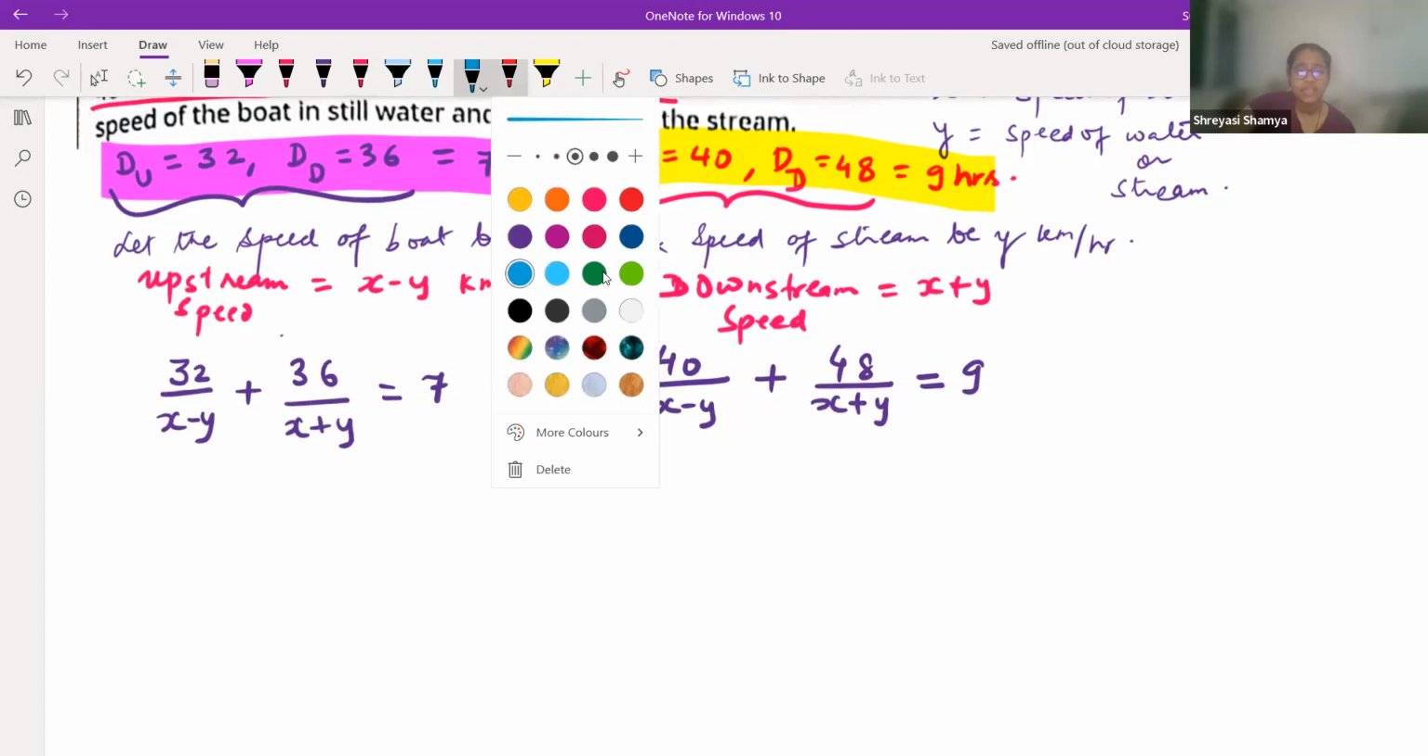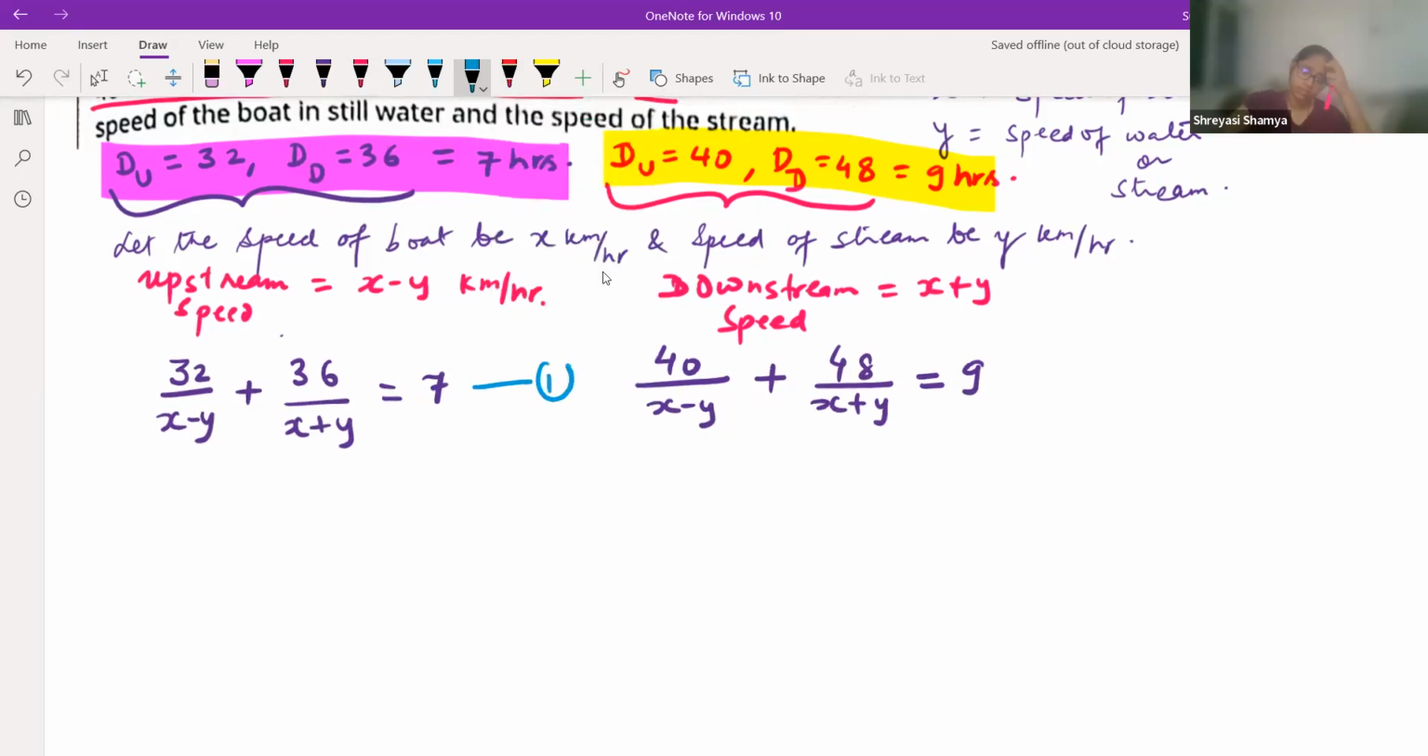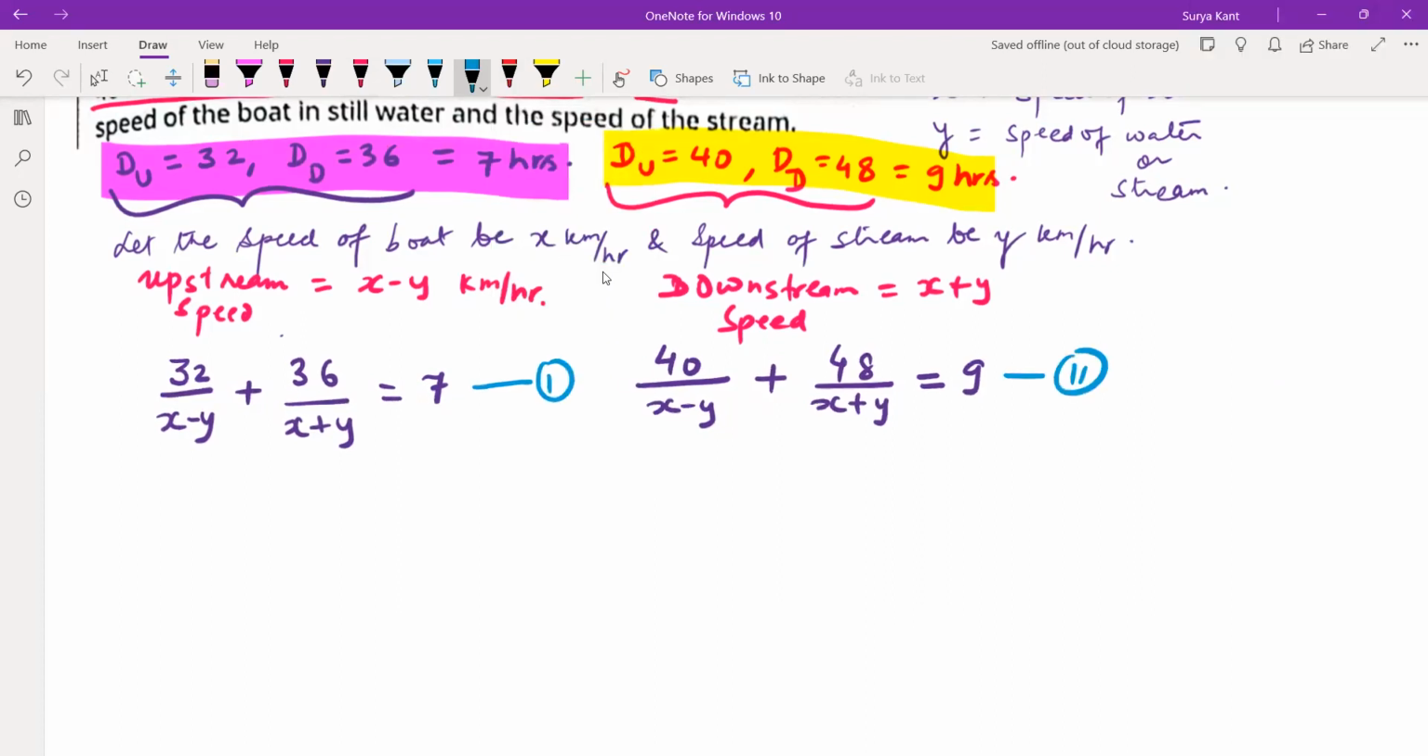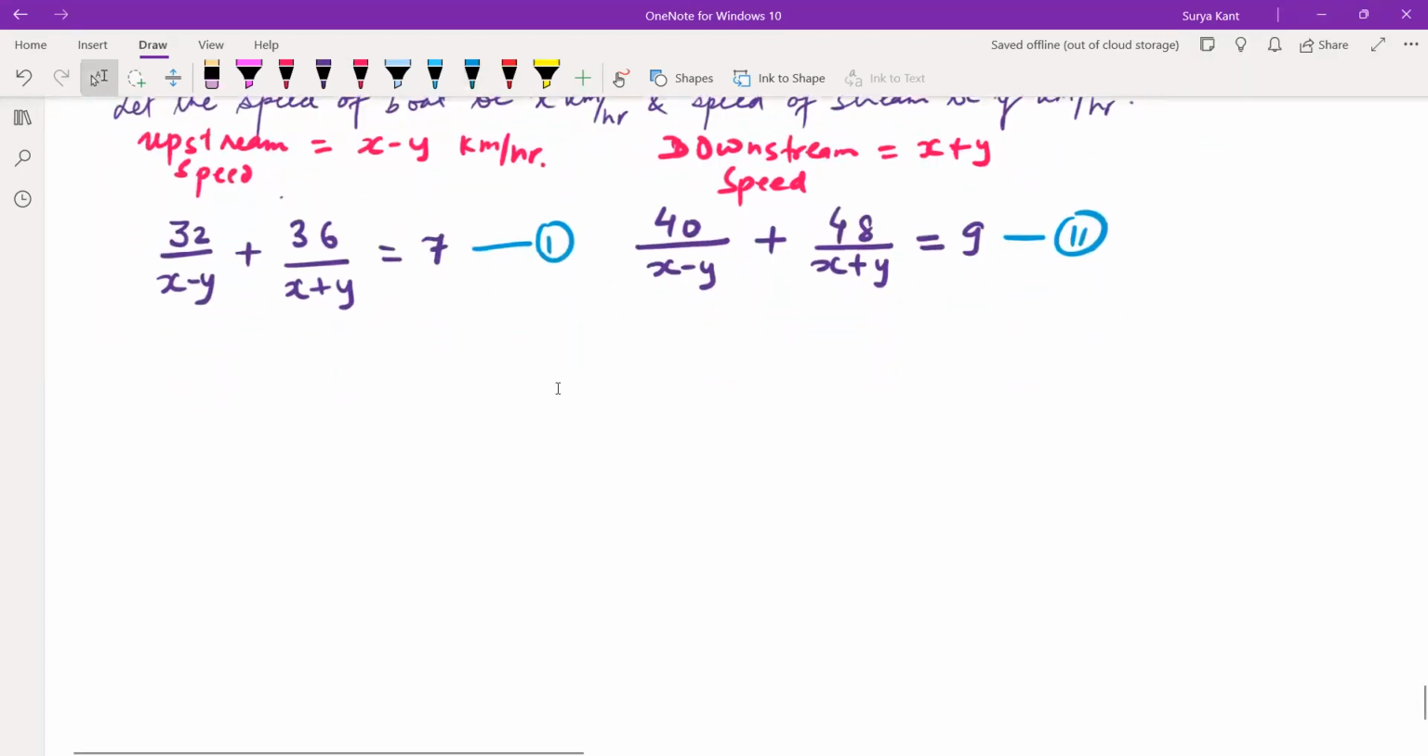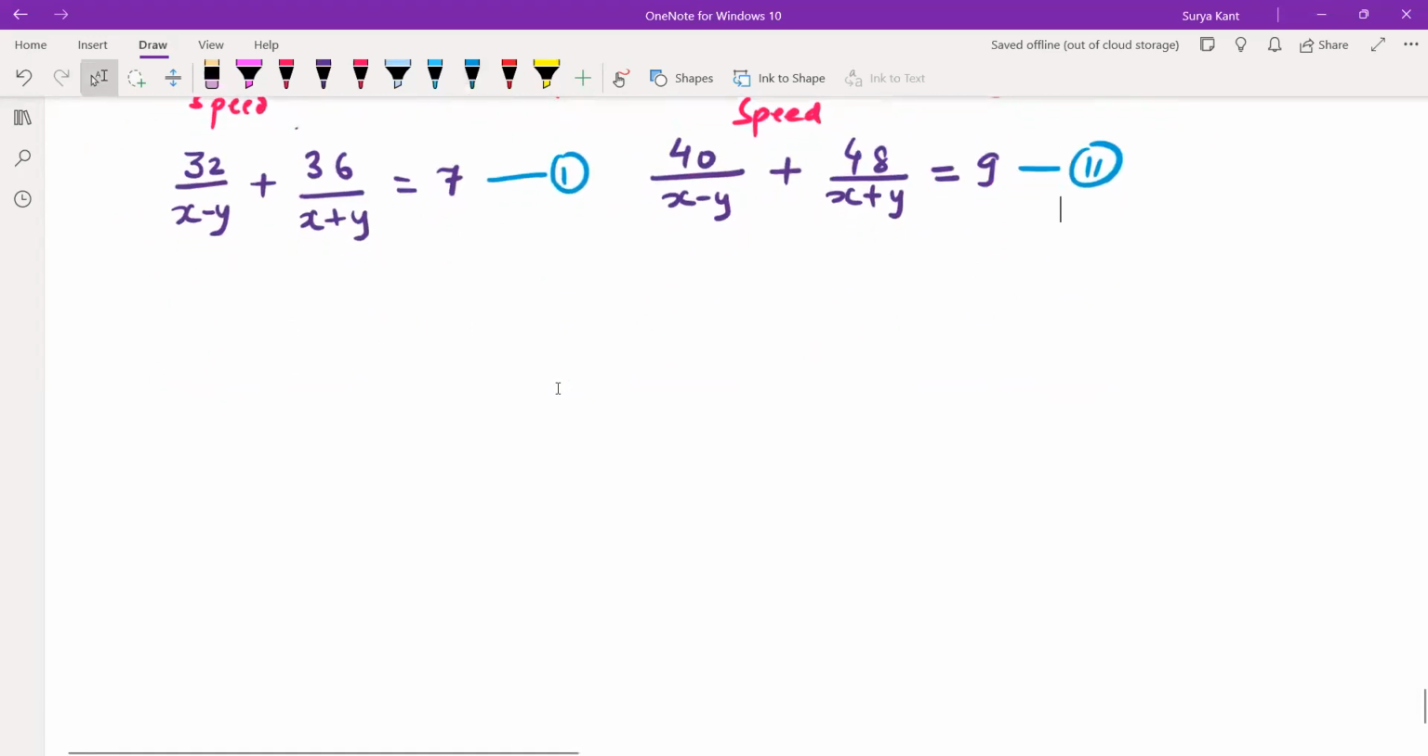How will we take LCM, sir? It will be x square minus y square, no, sir? Don't take LCM over here. I'll tell you one trick. Okay. So can we do the elimination method for this? Yeah, you can do the elimination method. Yeah, you can try. But better than that, what you should do,